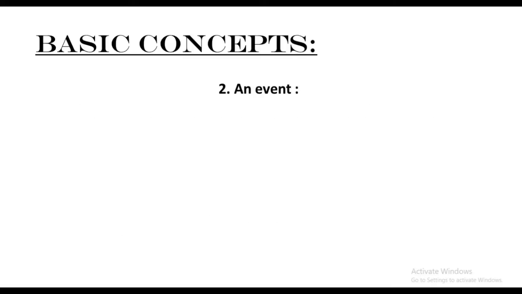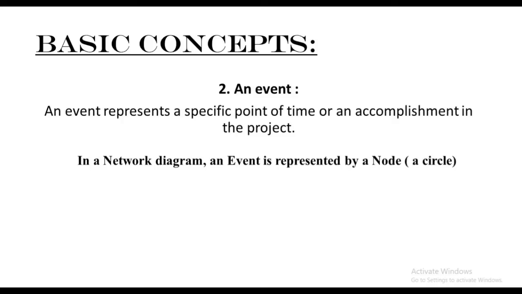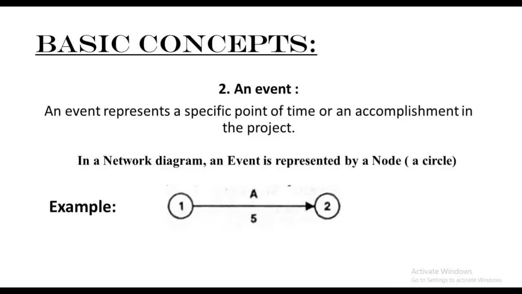Second, an event. An event represents a specific point of time or an accomplishment in the project. So in a network diagram, an event is represented by a node, that is nothing but a circle. So a very important point. Now if you look at the example,